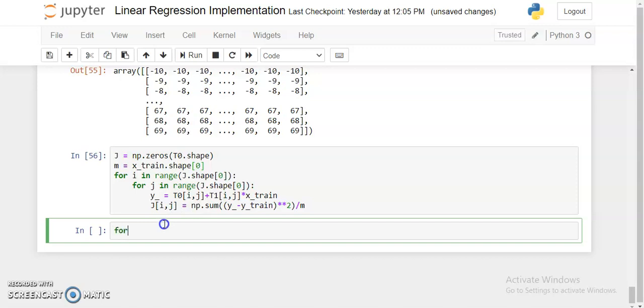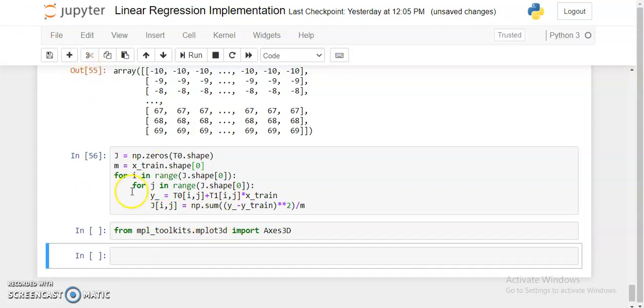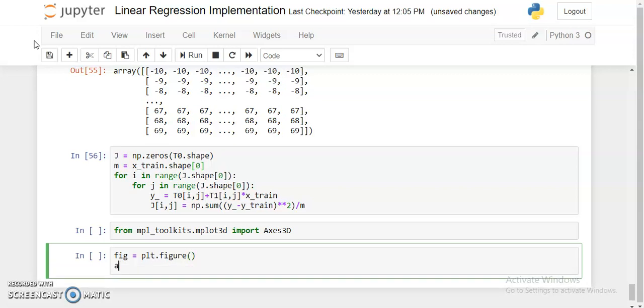Now let's visualize this loss function. For that I'll be using mpl_toolkits, so I imported this library to represent our visualization in 3D, right? So let's do it. That would be fig equals plt.figure, and axis would be fig.gca.